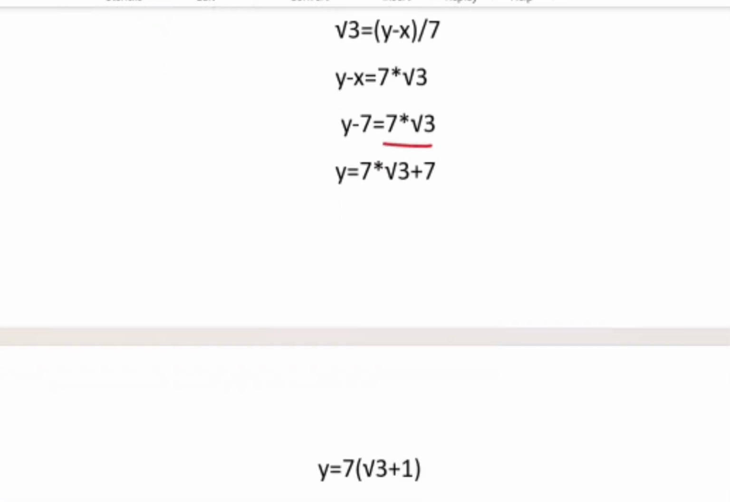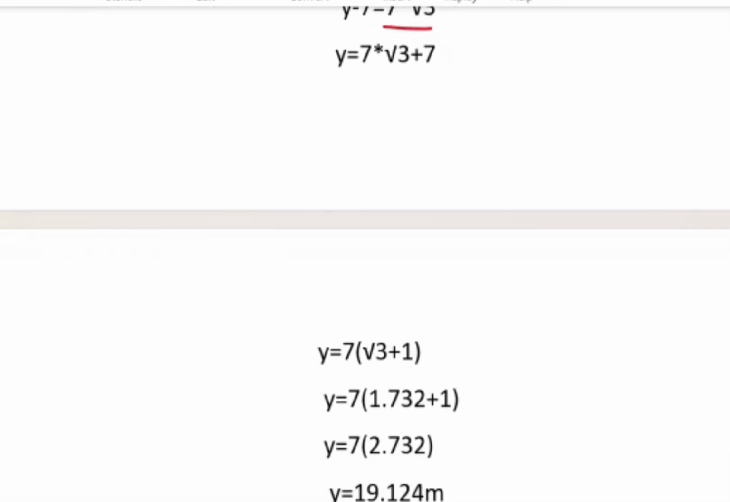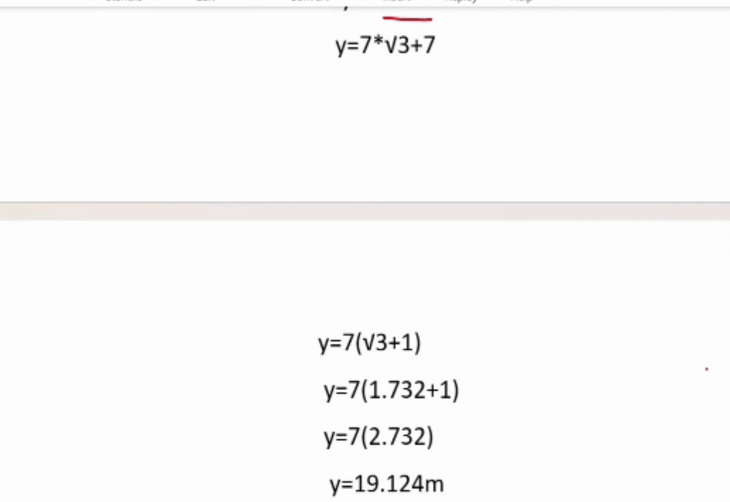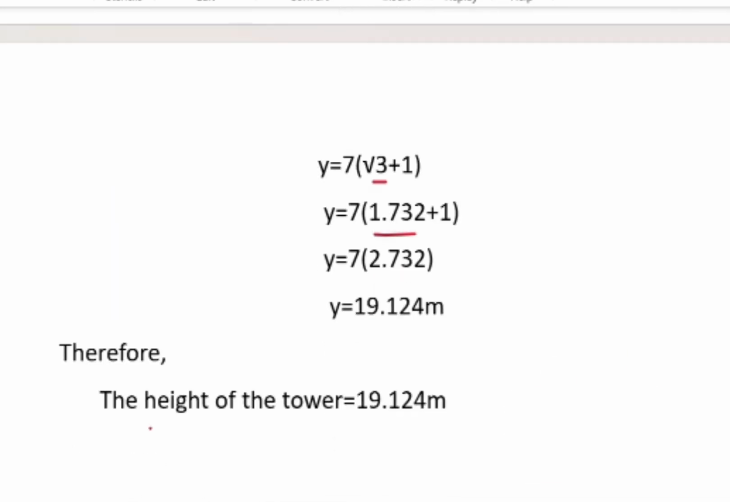Root 3 value is 1.732. Substitute that, add and multiply by the y value, and you will get 19.124 meters. Therefore, the height of the tower is equal to